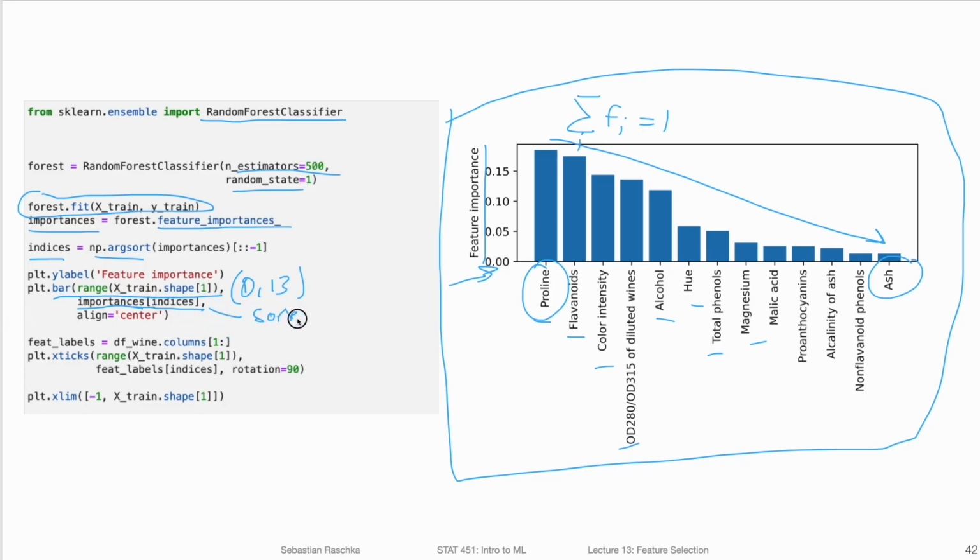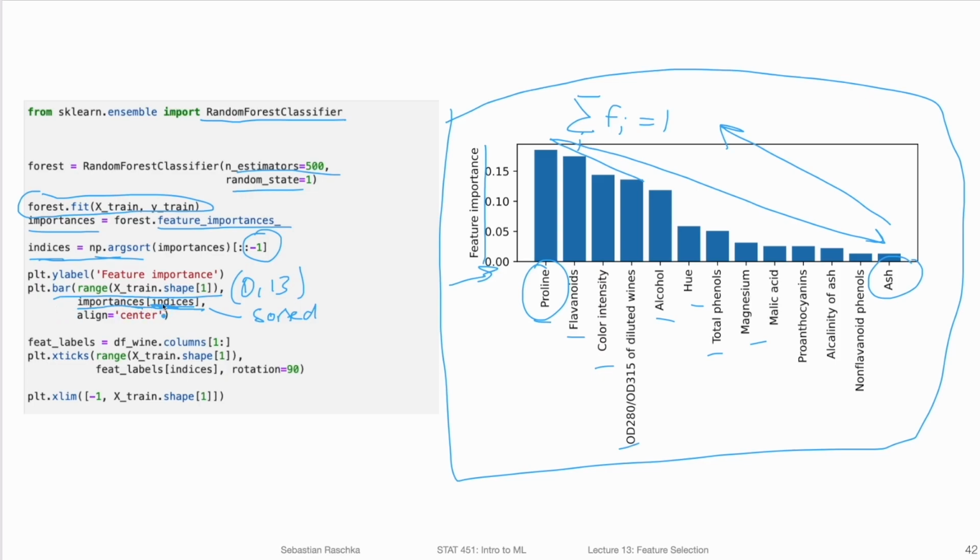Because I used argsort. With argsort, I get the sort order, and then if I do the indices selection here, it will give me the importances in descending order. The descending order comes from this -1 here. Otherwise, I would have ascending order, going from smallest to highest, essentially. Okay, so this gives me these bars in the sorted order.